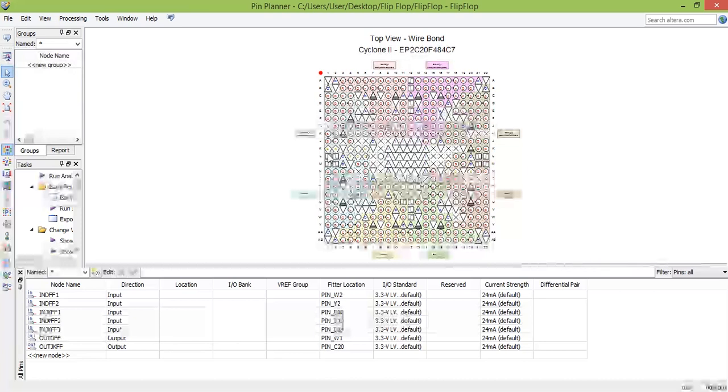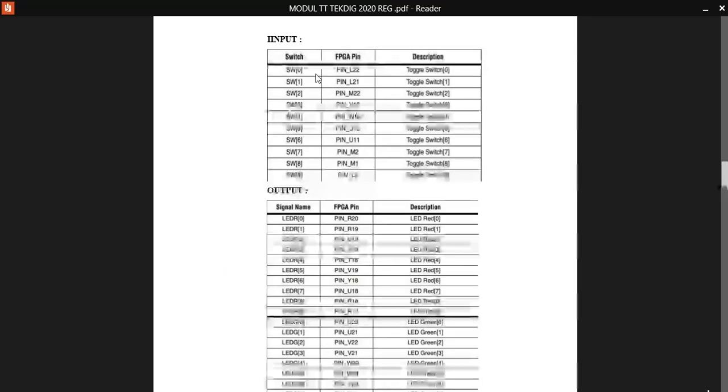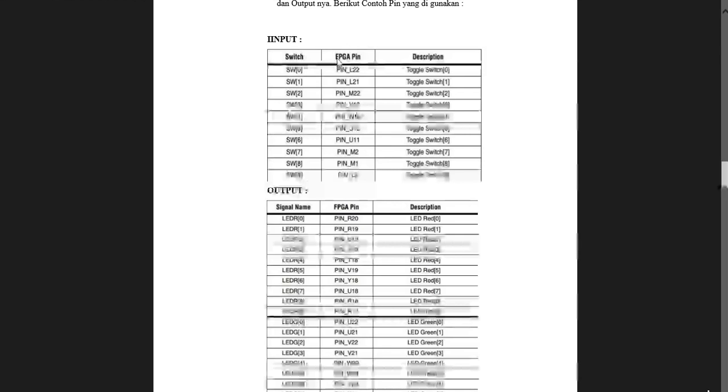Okay, so our job is to fill in the location of each input and each output, like in a module, like this. So for the input we're going to make a location like pin L22 and many more. And for the output we're going to use pin R22 and many more. So the input will be a toggle switch and the output will be a red or green LED. Okay,